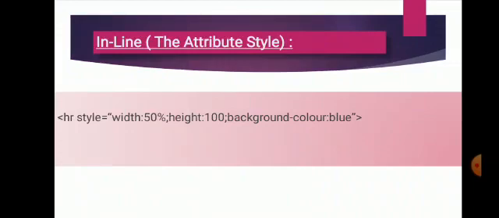Okay. So these are the rules for writing the layout. Now what are the methods to apply this CSS? Mainly three methods: inline, internal and external. First is inline attributes. Simple. You can write the body section, its value in one line only. Suppose in the example I have written here HR means horizontal, width 50%, height 100, background color blue. Means in one line I had selected all the properties by using semicolon.